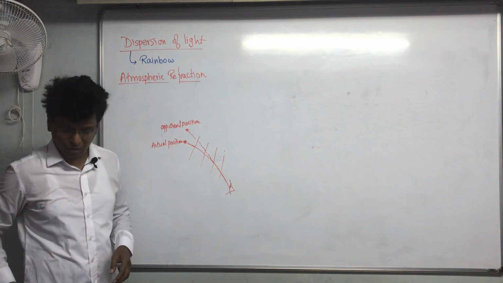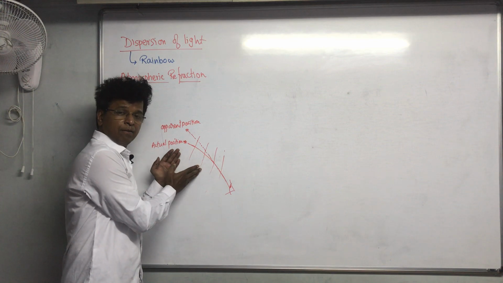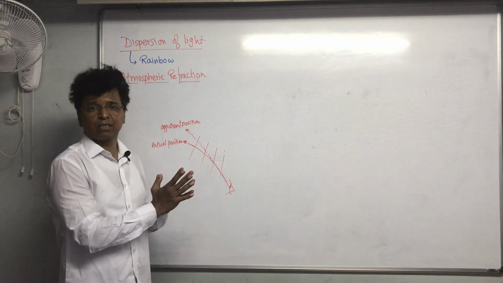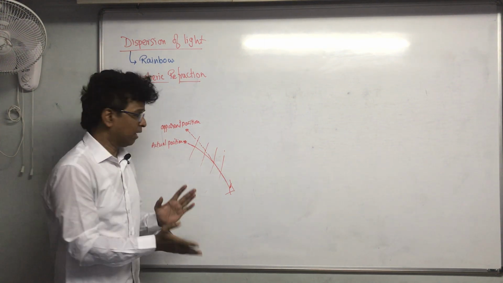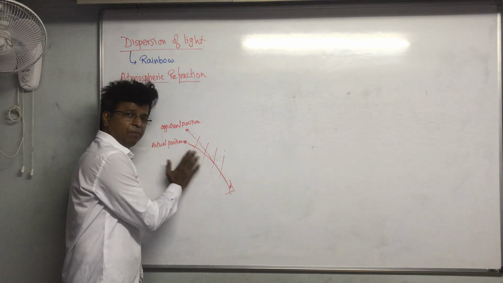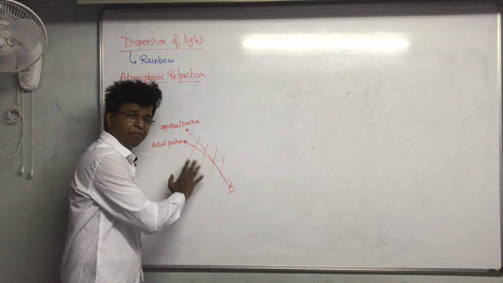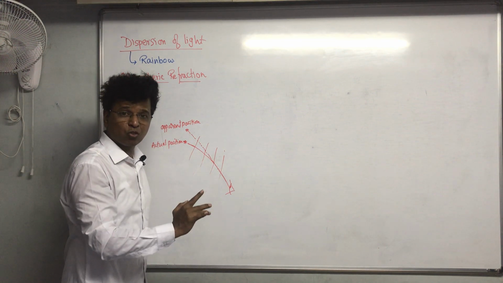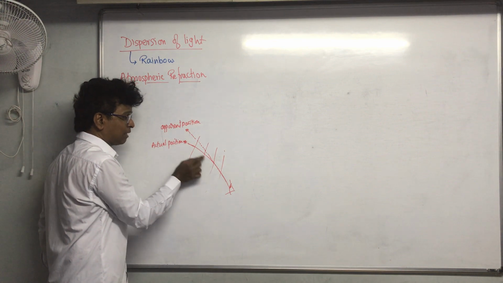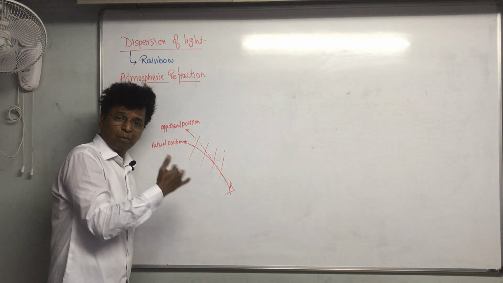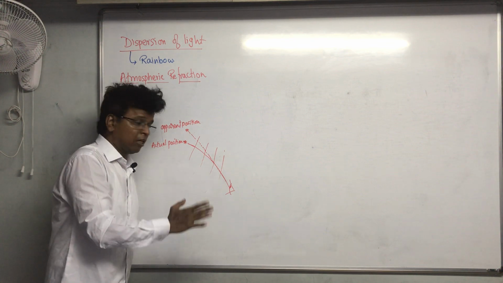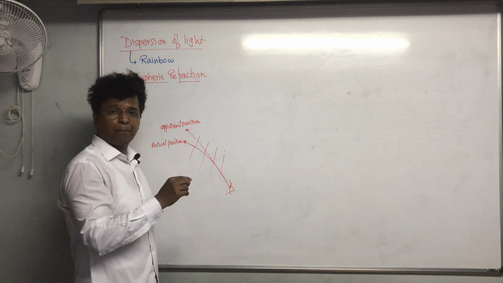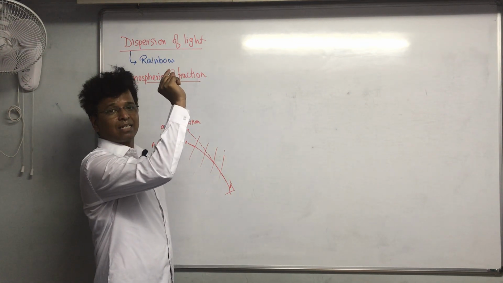Fine. For us the star will happen to be over here. Of course, now what happens over here, tremendous amount of change is there, continuous. This also is not a fixed change of density of air. These layers are continuously moving, and because of that the density also is continuously shaking over there, and that's why this bend is also continuously changing its position. It is not stationary. So because of that, the star also keeps on moving its position. Sometimes you happen to see that the stars are actually shaking like that. They're slightly vibrating over there.